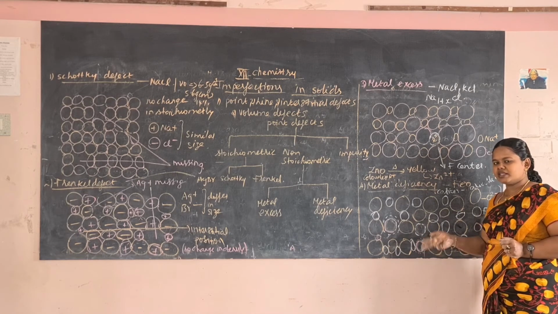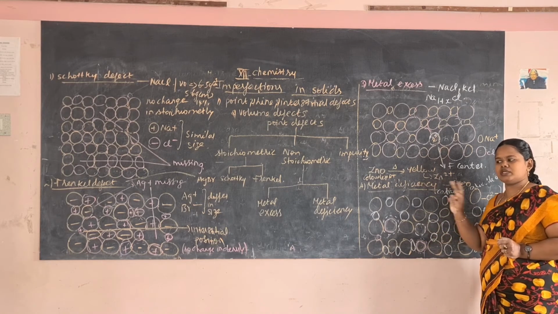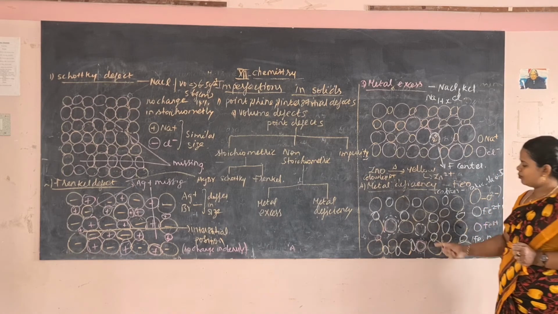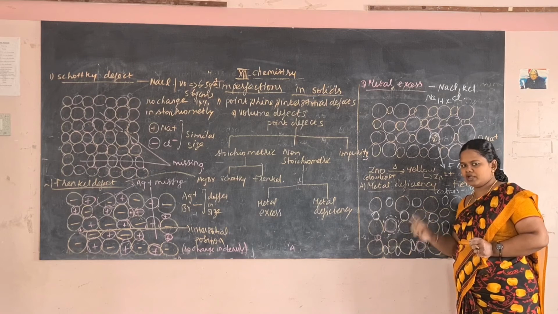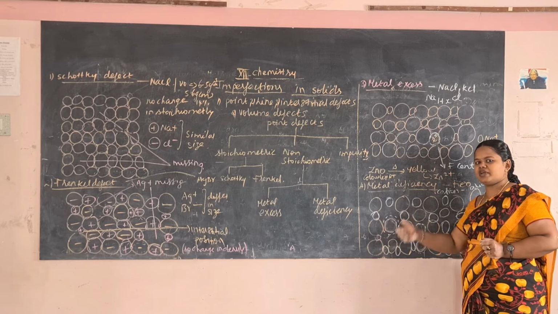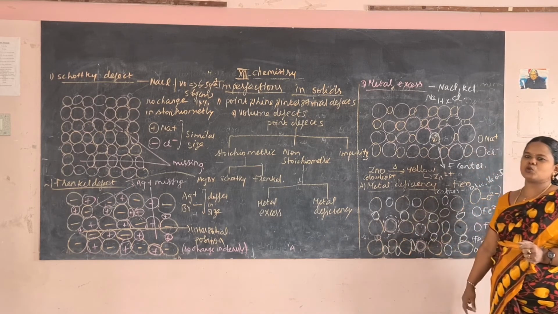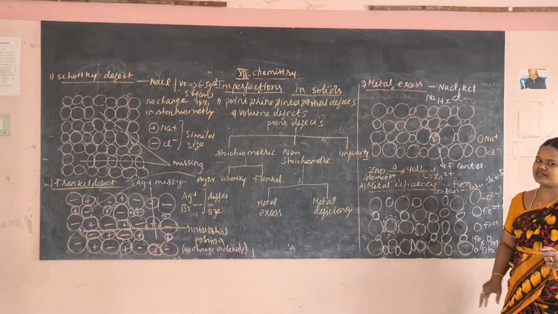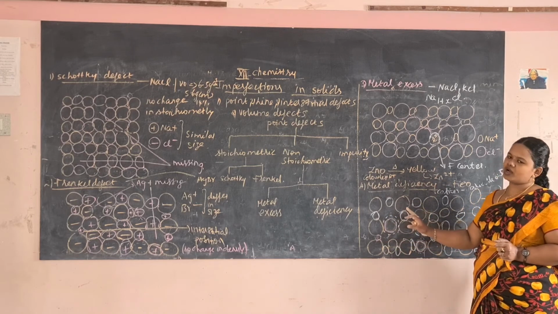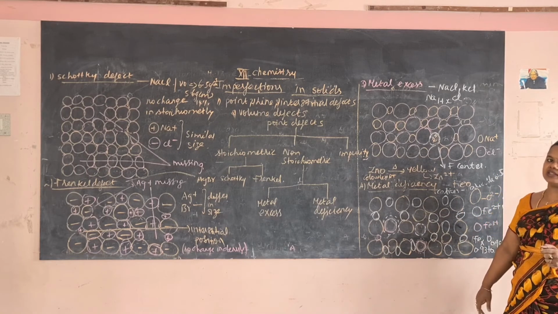Compared to the anion, the number of cation will be less. Metal deficiency. So metal is positive, so when the number of cation is less, then what happens? Some of the Fe2 plus already present will change to Fe3 plus. This Fe2 plus present will be converted into Fe3 plus. Even if they convert, the number of Fe2 plus and Fe3 plus will be lesser than the number of anion. Even if Fe2 plus changes to Fe3 plus to compensate with this O2 minus, the number of cation will be lesser than the number of anion.